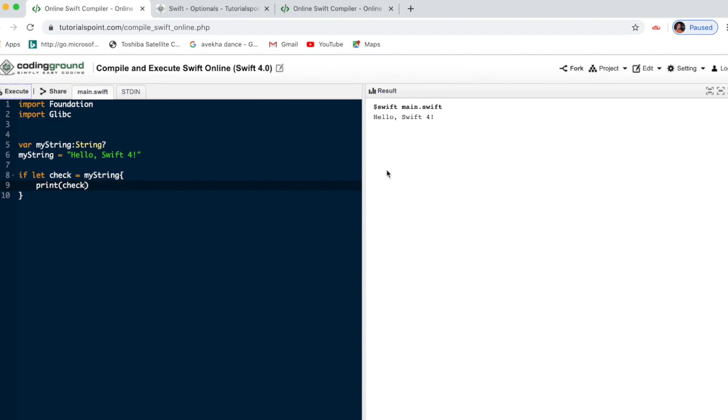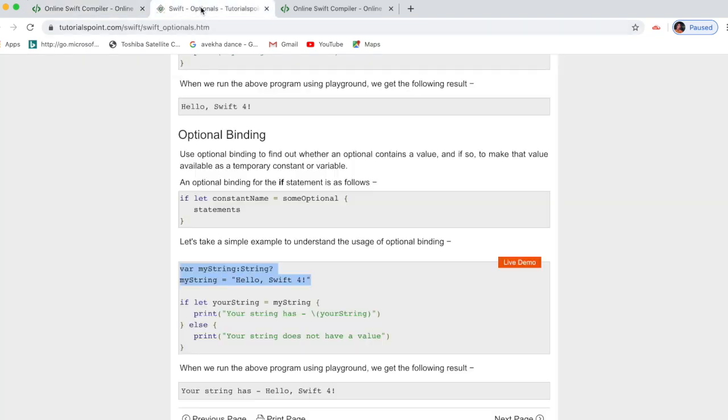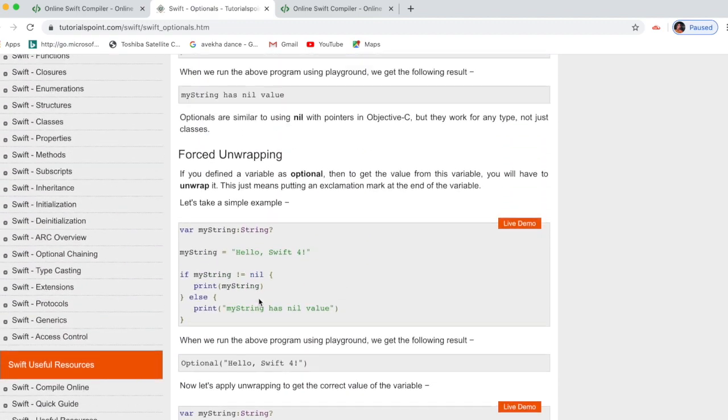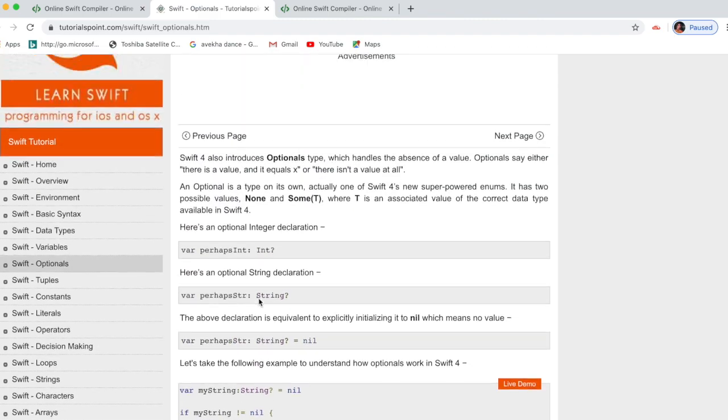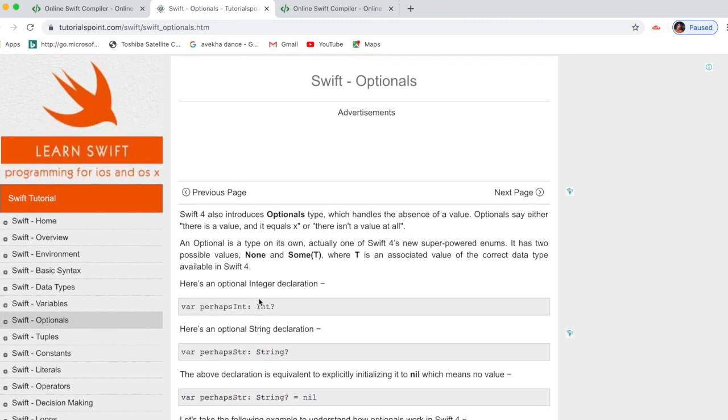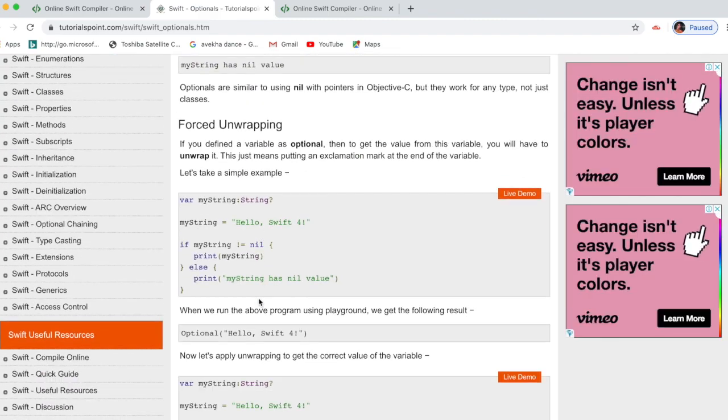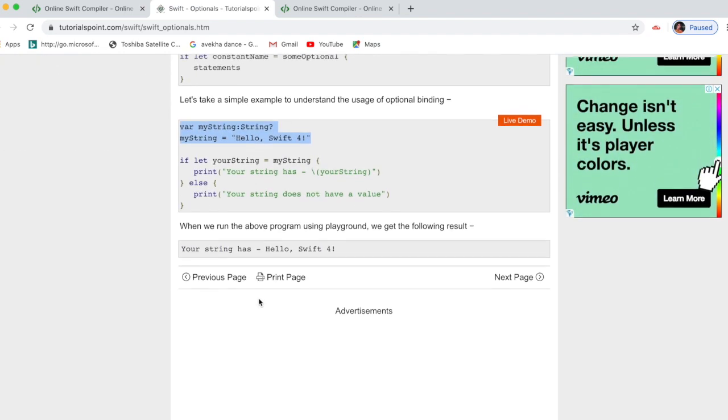This optional warning will go. That is the optional binding concept, and it is a very important concept while doing programming. This is one advantage of using Swift, that it already shows all these errors.